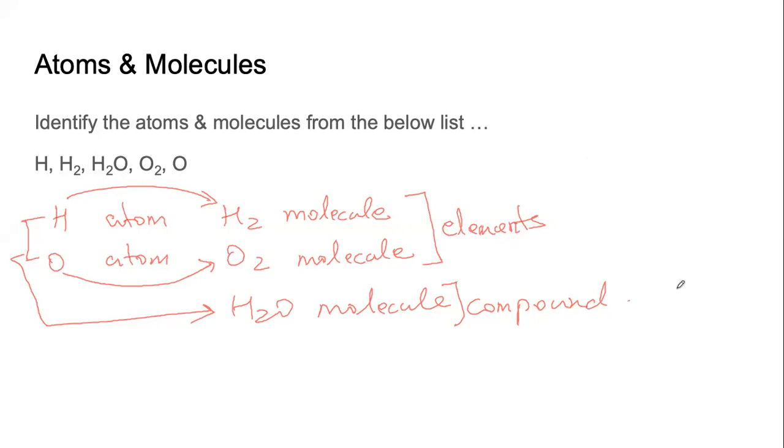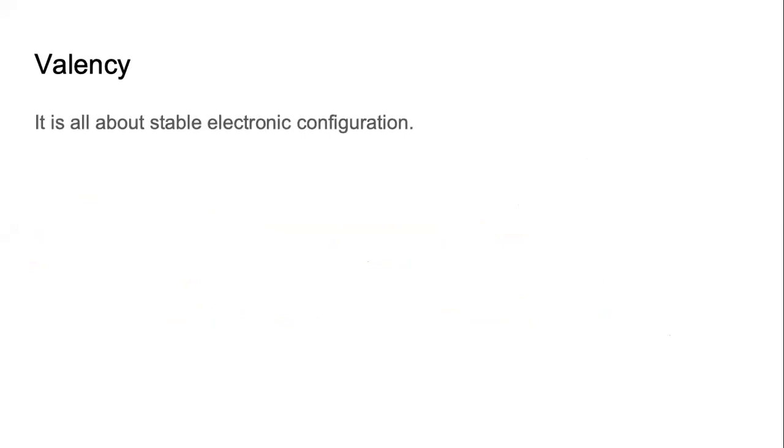With that, let us move to another concept, valency. Now when we study valency, it is all about stable electronic configuration. Ab to hum class 10 mein aa gaye hain. We have studied periodic classification of elements. We have studied in detail the electronic configuration. You should be able to write the electronic configuration of calcium. If I tell you calcium, then you should be telling me, yes sir, we know the electronic configuration of calcium is 2, 8, 8, 2.